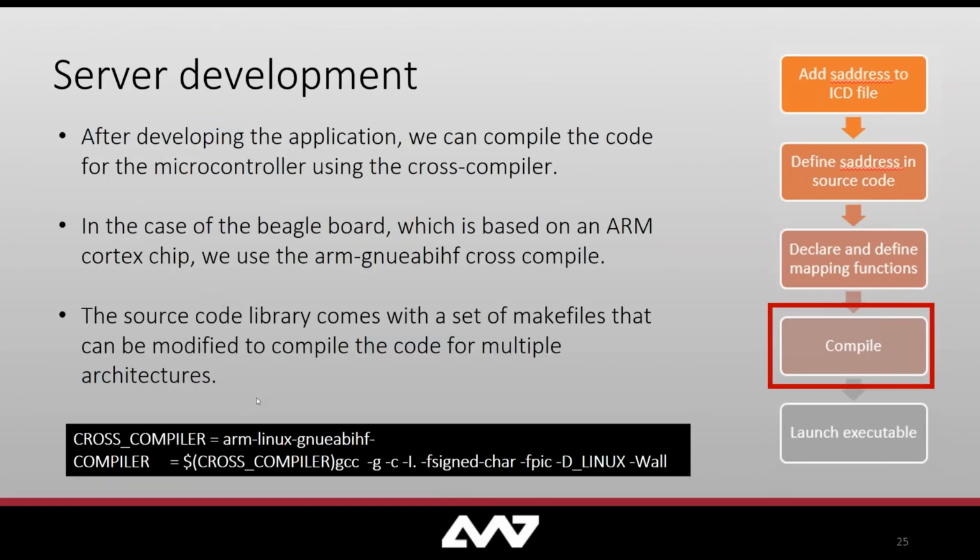Once we have the application ready, we would need to compile the code for the host, and then you can cross-compile it for the microcontroller as well. If you are going to be using the host for this, you would just use your GCC compiler. If you would like to cross-compile it for an ARM architecture microcontroller, you can use the GNU ARM compiler for this. So the compiler makefiles come with the option to choose either of these, so that we don't have to go and select them ourselves.